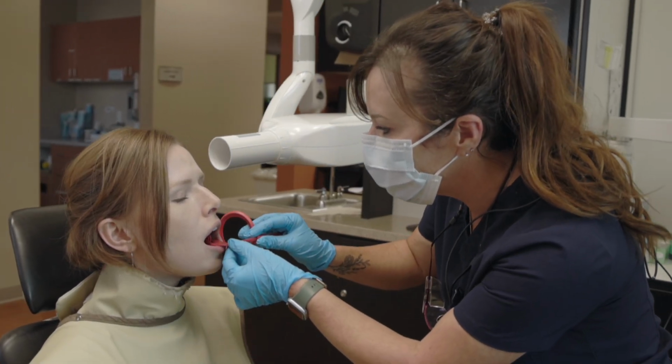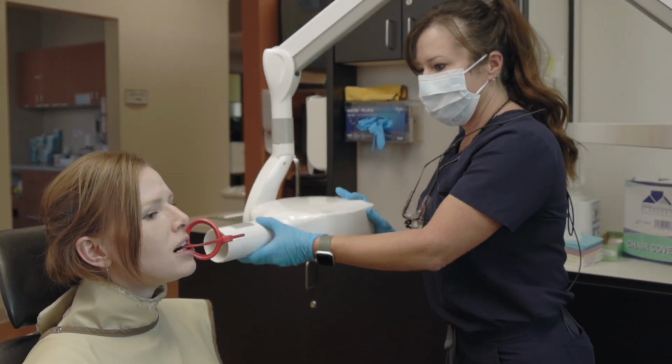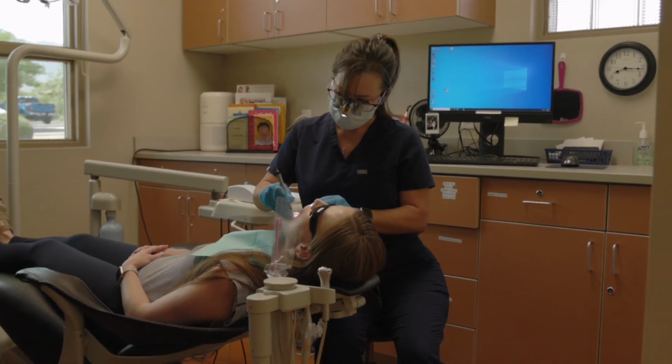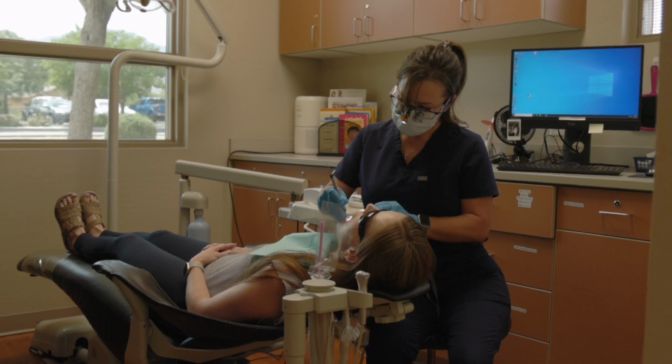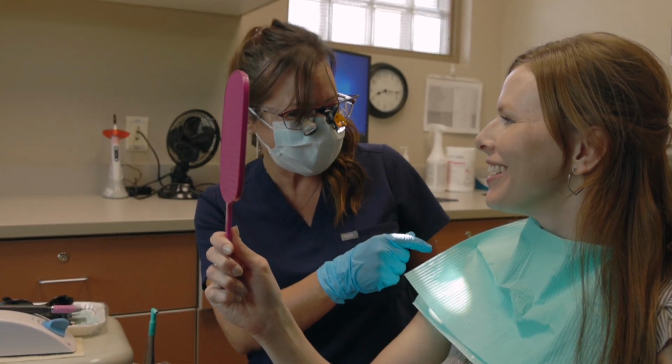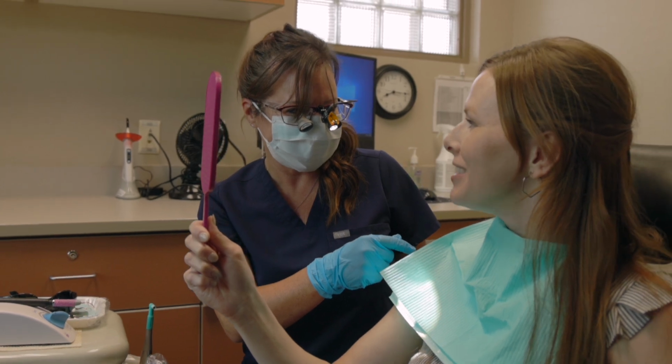As a dental hygienist, one of the main things that I do is I clean your teeth. I clean and floss them, and then I check everything out to see if you're brushing and flossing well. I also take x-rays and do sterilization and charting. I'm generally one of the people that you'll see when you come into the dentist. If you're here for a dental checkup, usually the dentist will come in after the dental hygienist has cleaned your